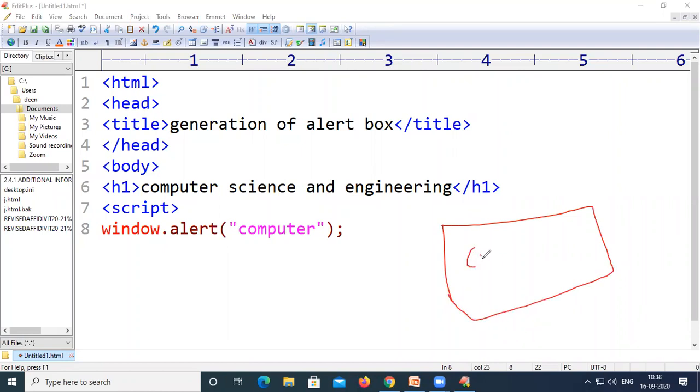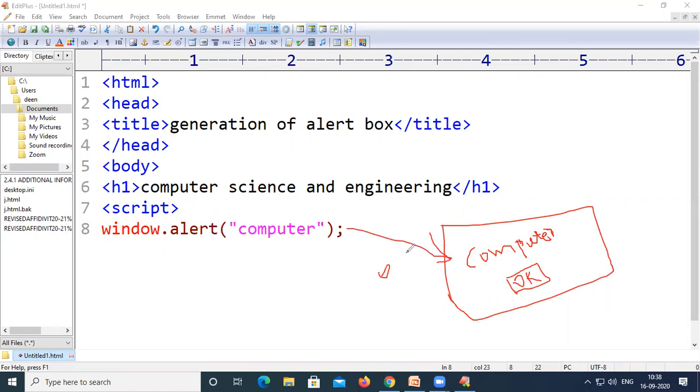And on that window, it will display the text computer here, right? And then for this, an OK button will be added automatically, right? So this will be the output of this particular line, right?